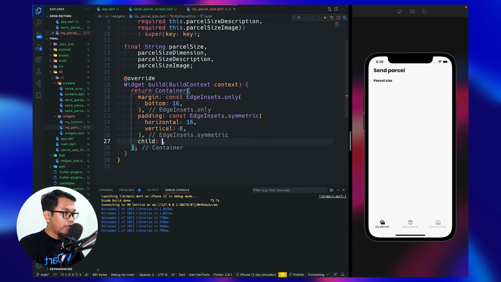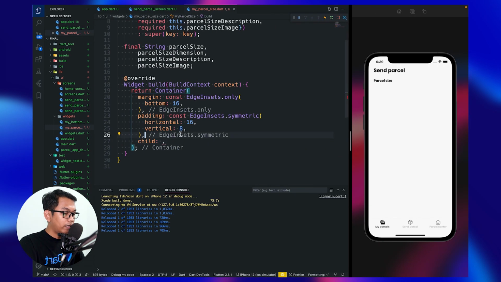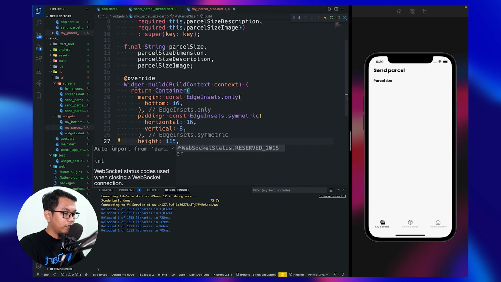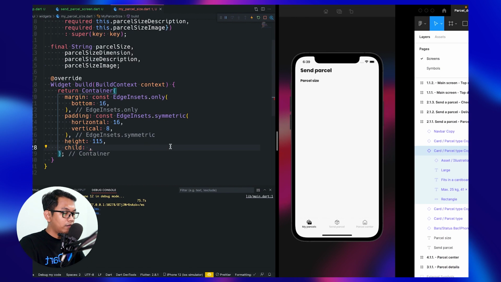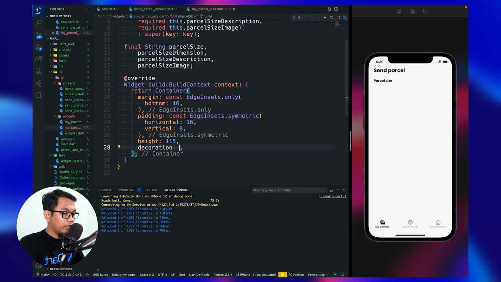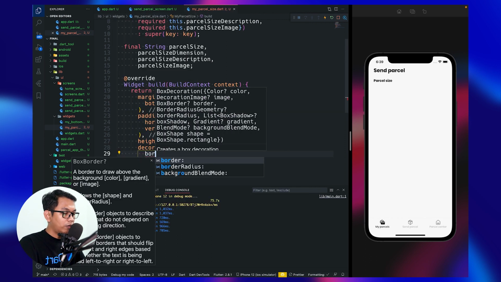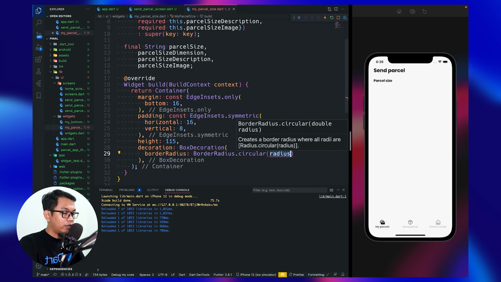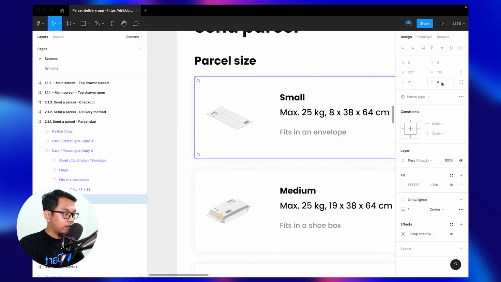Let's check the height, 115. For the child, not yet, let's use decoration first. We use box decoration as usual because we want to use border radius, using border radius dot circular.